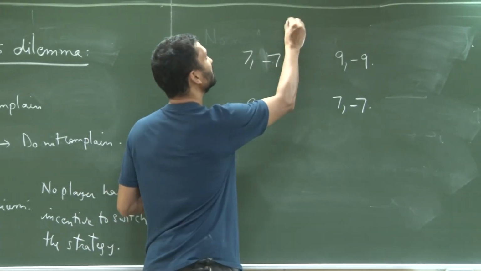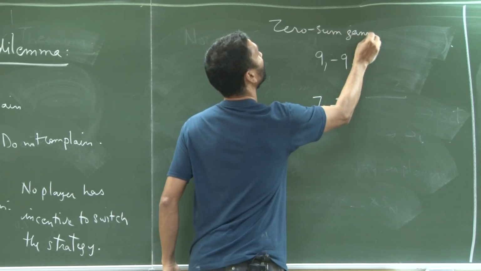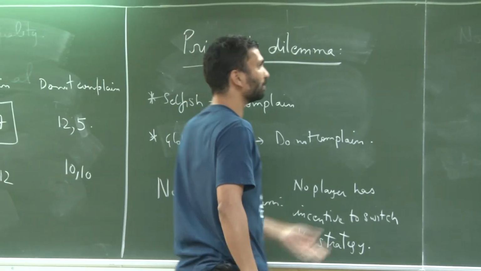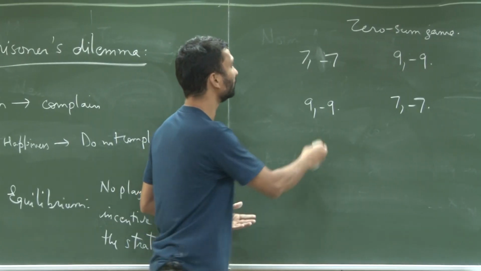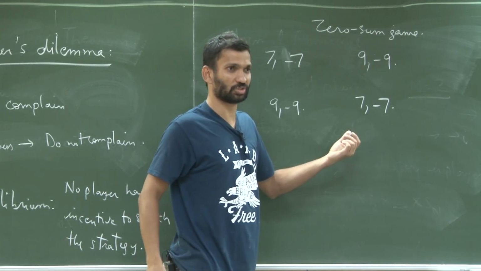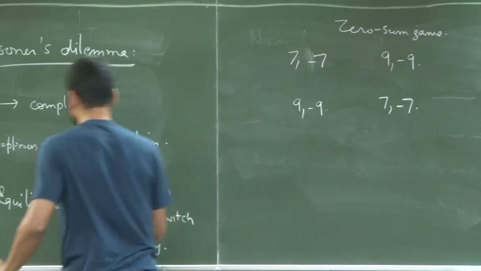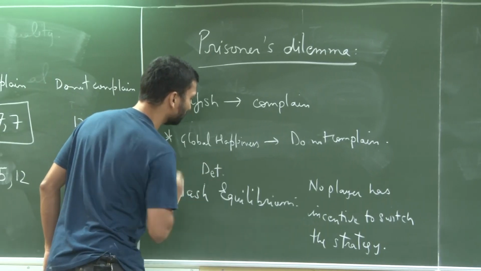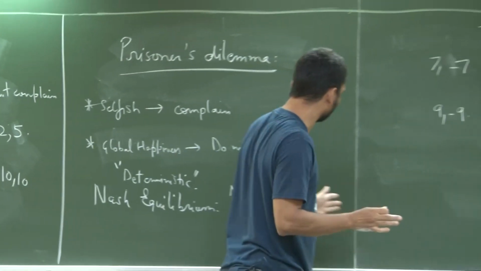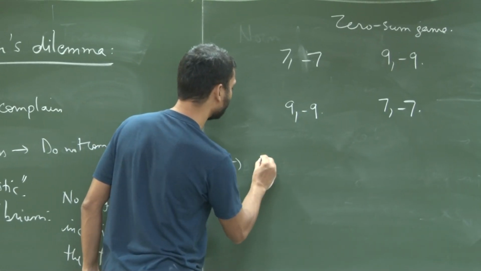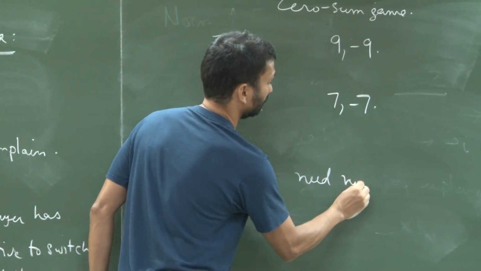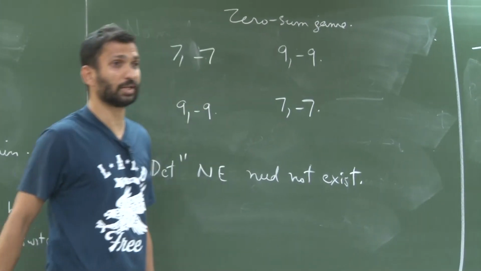You can think of it as, these are called zero-sum games, because one player's loss is another player's gain. In this case it is very easy, but even in this case, you can easily find payoff matrices where none of the strategies is a Nash equilibrium, because at least for one player, it makes sense to switch. Okay, so I will just change this and I will call it a deterministic Nash equilibrium. And you will get the reason why I am doing this, and now it's clear that a deterministic one need not exist. Okay,